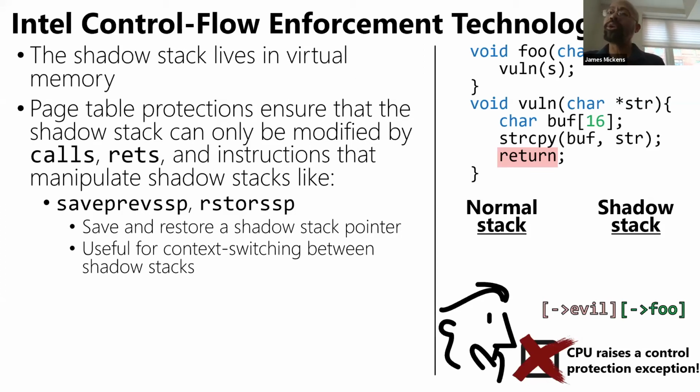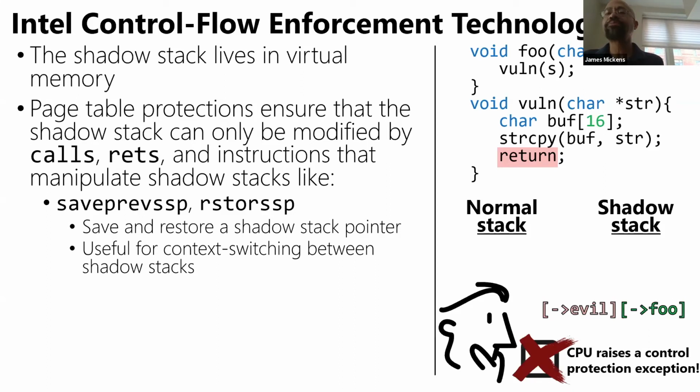When a call takes place, the circuits or the microcode that implements the call will push something on the shadow stack. Same thing with the rets. When a ret is executed, the hardware or the microcode that implements it will pop stuff from the regular stack